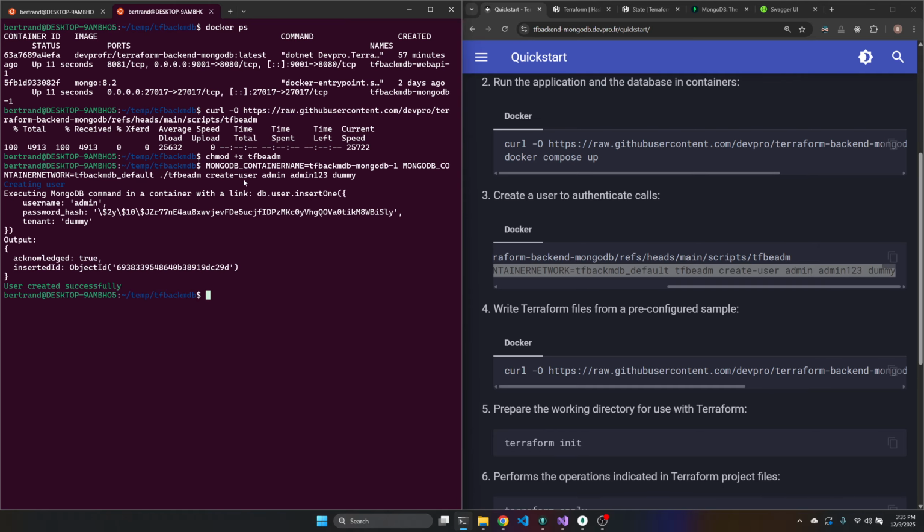We can see we create a user called admin with a password and with a tenant. And the tenant is very important because it restricts all the access done on a specific project for users.